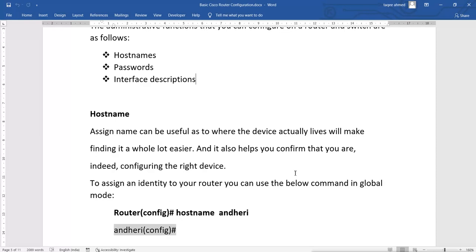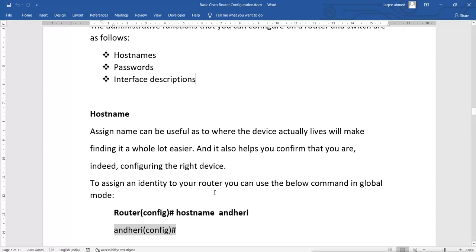and also you know where you are working, because you can take a remote connection and work remotely. So you may not understand sometimes which router you are working on if all the routers have the same name. The default name, I can say, is router. So we should assign a unique name to the router so that we know which router we are working on. And for that we configure the host name for the router.